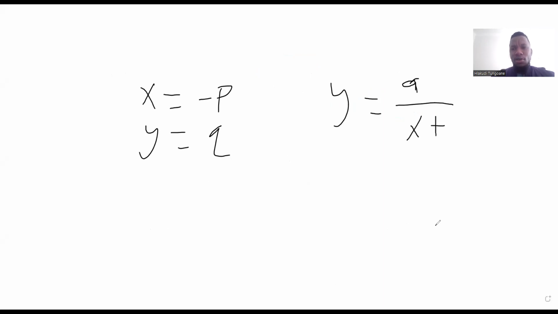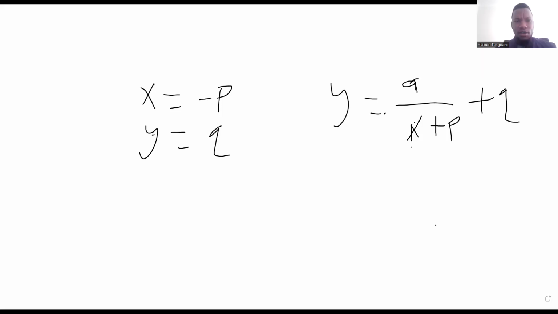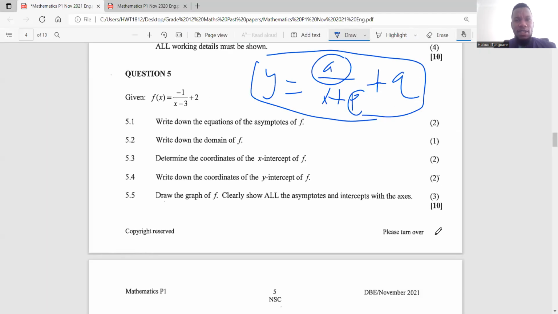We need to look into our equation and then derive these values. So if we look into our equation, we can see that P in this form is equal to minus 3, right? And then Q equals 2. Which means that the equation of the asymptote for this graph,